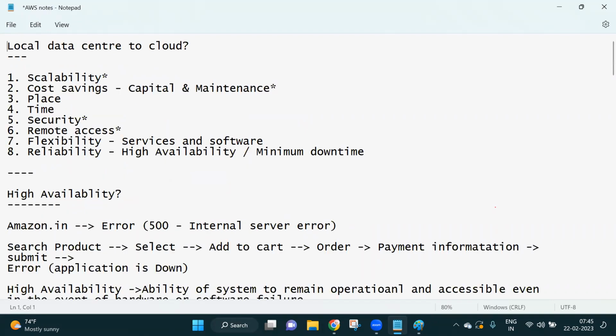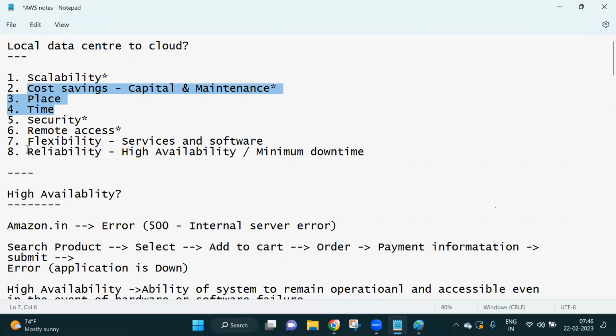Earlier, every company had physical servers. That company faced some problems with respect to scalability and security. And along with it, the cost they spend on the initial cost, maintenance, operational cost, time and place, everything you have to bear the money. And the reliability, flexibility and remote access, there are different problems we faced when using local data centers and on-premise servers. For that reason only, we migrated from a data center to the cloud, like AWS, Azure, and Google Cloud.